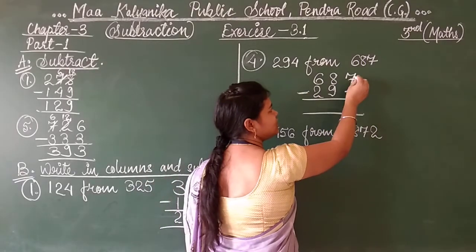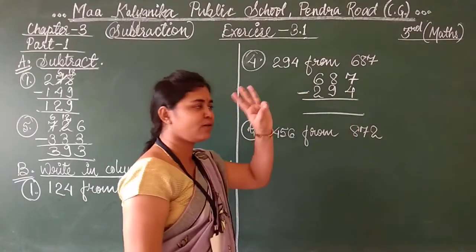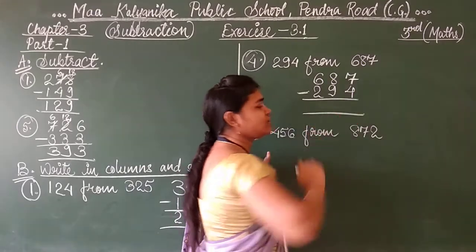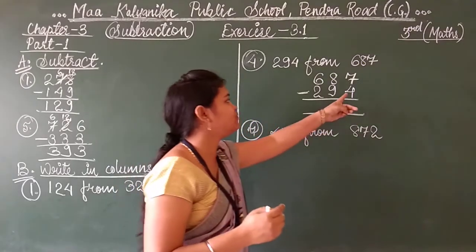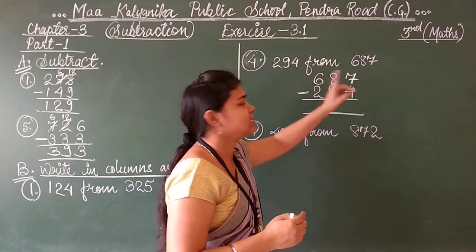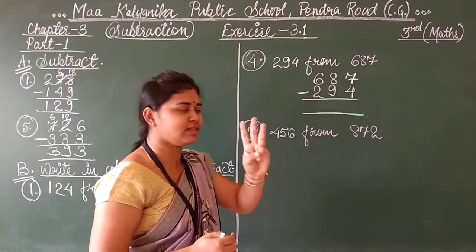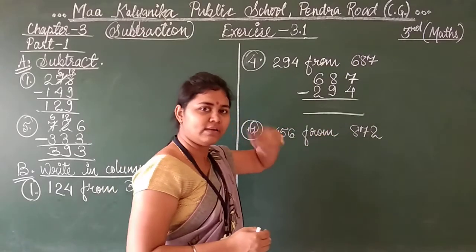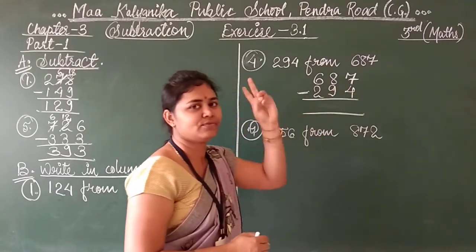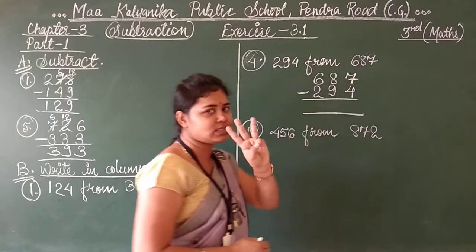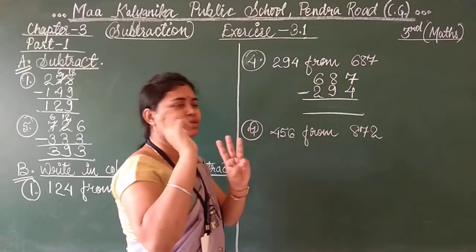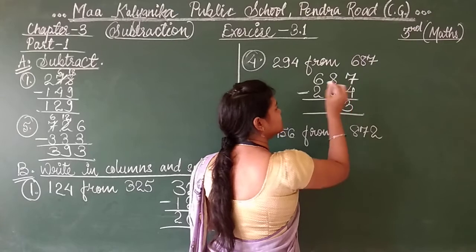That I will show you here. 7 minus 4 is 3. How? After 4 you will count forward. You start from 4 till 7. So after 4, 5, 6, 7. From 4, leaving the 4, the next number is 5, 6 and 7. At 7 we stop. So 1, 2 and 3. So 3 is the answer.